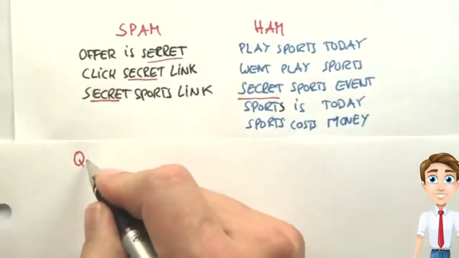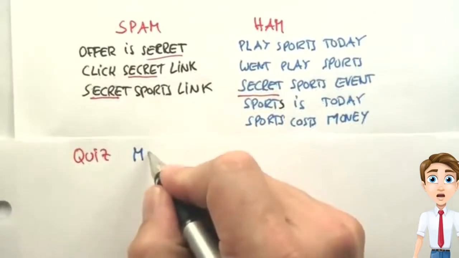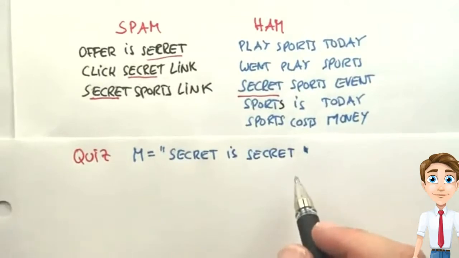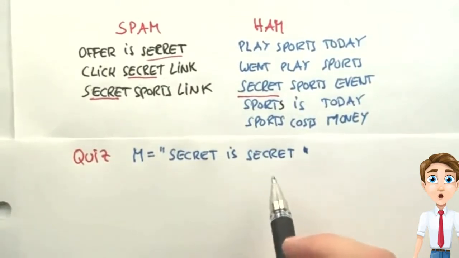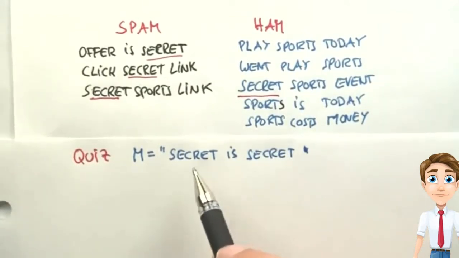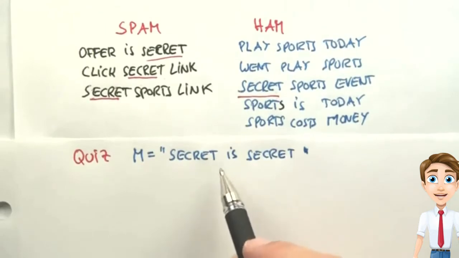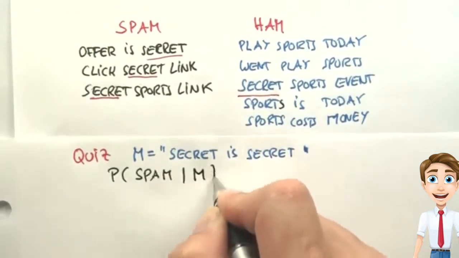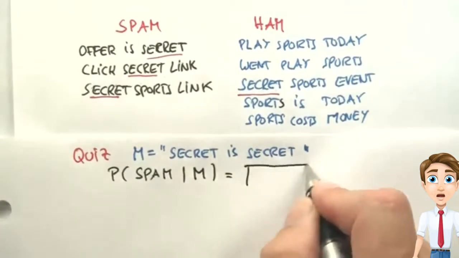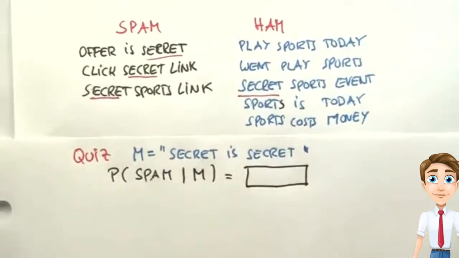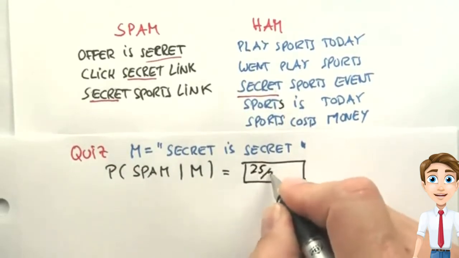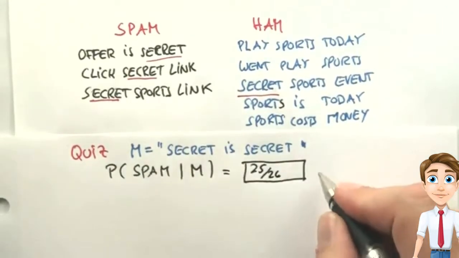Let's do a more complicated quiz. Say the message now contains 3 words: secret is secret. Not a particularly meaningful email, but the frequent occurrence of secret seems to suggest it might be spam. So what's the probability you're going to judge this to be spam? And the answer is surprisingly high. It's 25/26 or